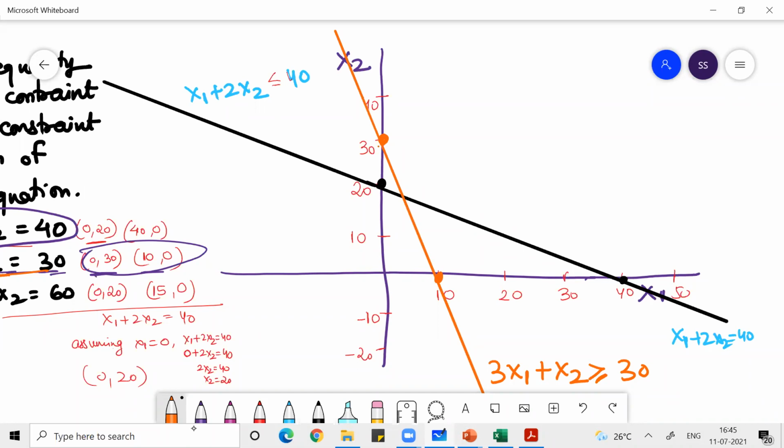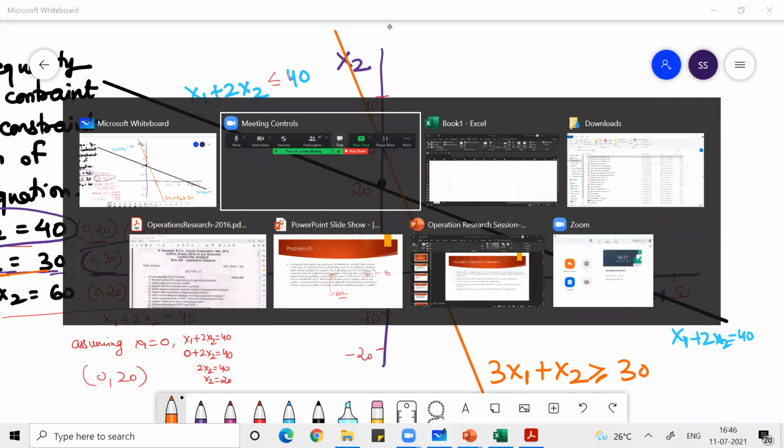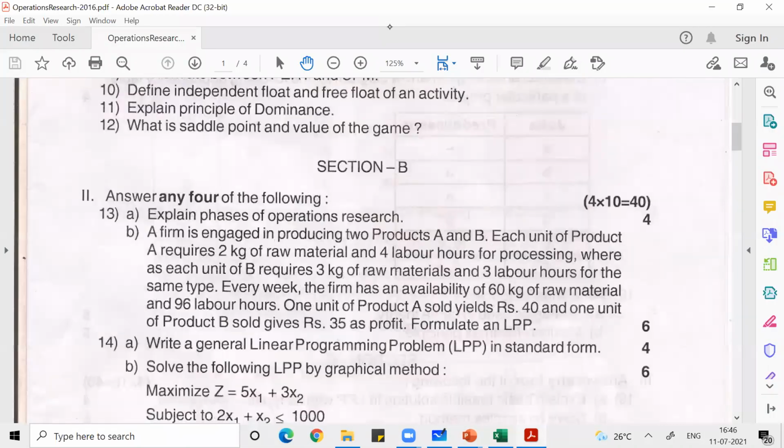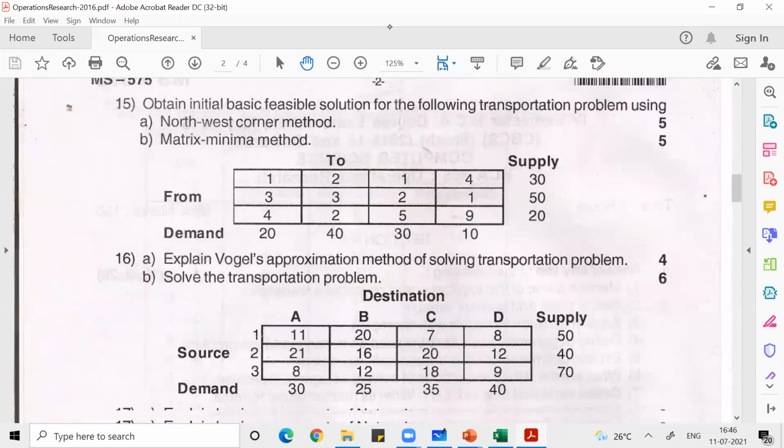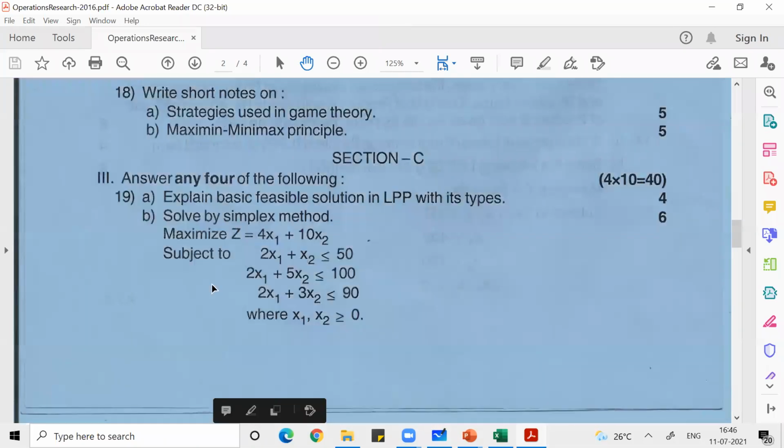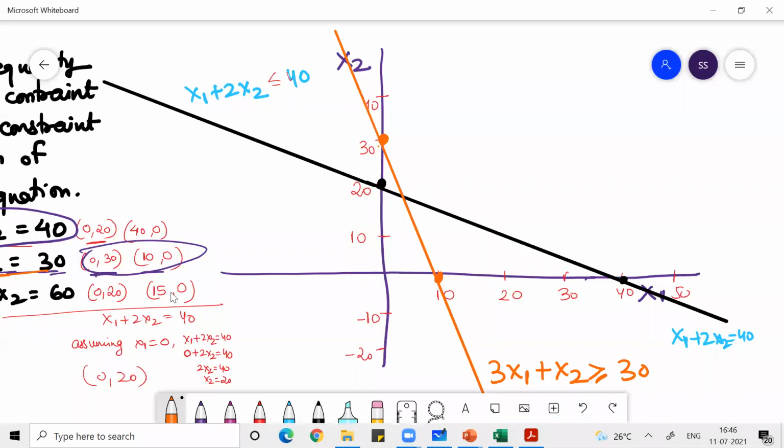These are not difficult, and you can easily get the marks for these kinds of problems. Normally, if you see the question paper, you will always get this graphical method problem. You get graphical and also simplex. So you can solve both questions by both methods. The simplex method problem, you can solve by the graphical method; the graphical method problem, you can do by the simplex method. Do it both ways and get very sure about what you are doing. Make sure you do neat work with a pencil in the exam. The teacher will definitely give you very good marks.